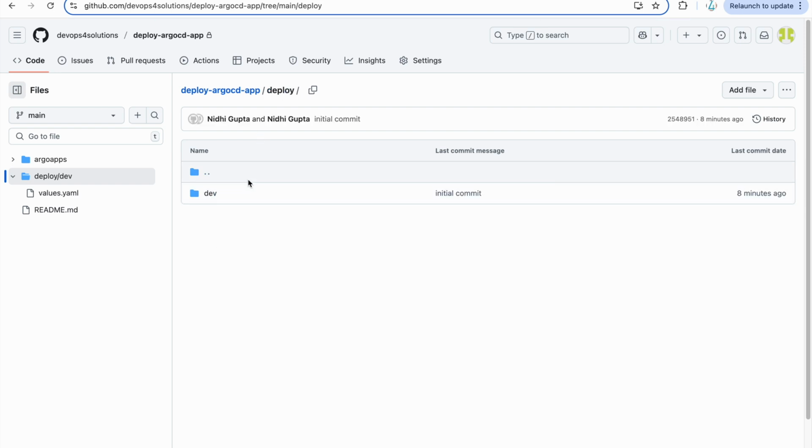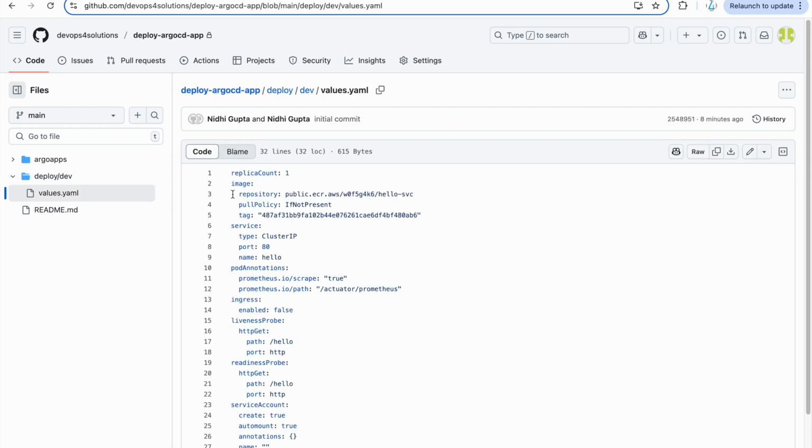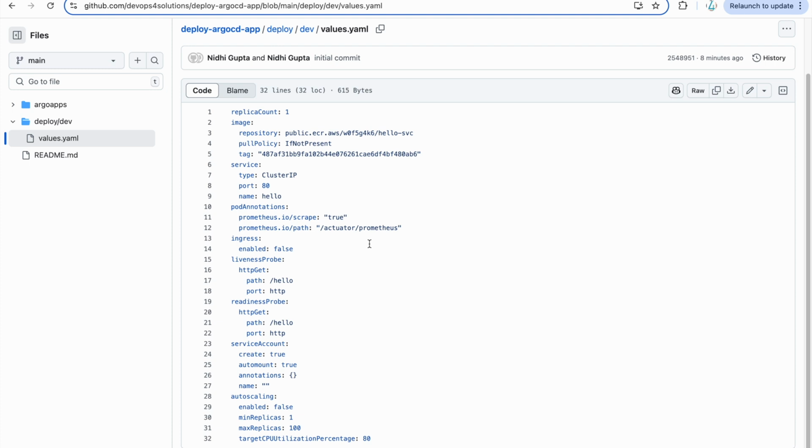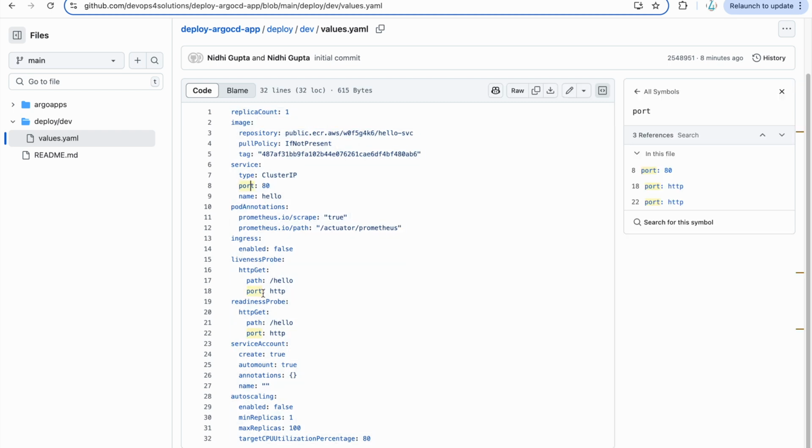Deploy and then microservice A, microservice B, and then inside that you can have environment level folders. So this is dev and this is the values.yaml file. This is the simple values file to deploy any Helm chart, and these are the values that we are using for that. And here you can see I'm using this repo tag, I am using the service, all the details you can find, and it is very simple.